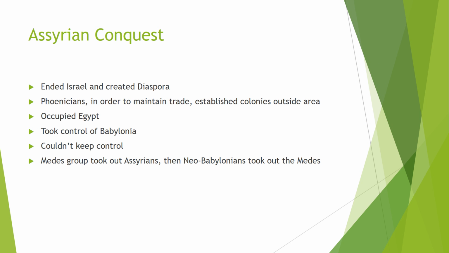Conquest here, I think this is your last slide. Eventually, the Assyrians, through that map that you just saw a couple of slides back, are going to expand and move outward. They're going to take over and control Israel. It creates the very first diaspora that this course will look at, the Israeli diaspora. The Phoenicians to the northwest will start to maintain and order trade, and they will colonize areas outside of this region. Then, of course, the Assyrians will take control of Egypt over time, at least for a little bit.